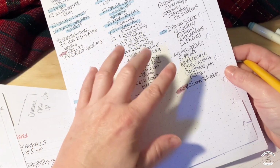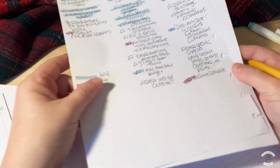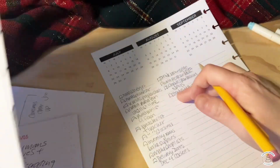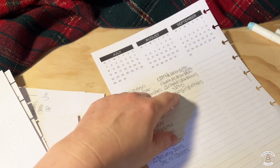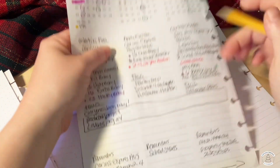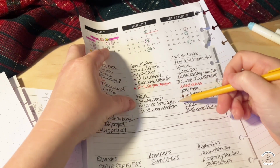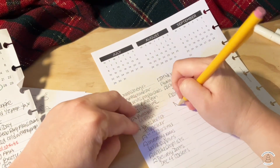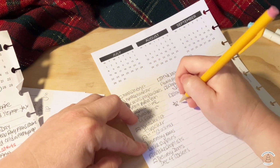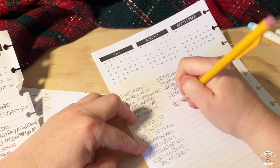Supplies. September, sometimes they have Christmas stuff in stores. For sure, that's October, right? When Halloween comes out. But that's another thing, actually, I need to pull from my planning sheet to remind me for Christmas. Is I start doing Halloween. So I'm going to keep that in mind when I'm setting up August for my Christmas stuff. Is I do Halloween